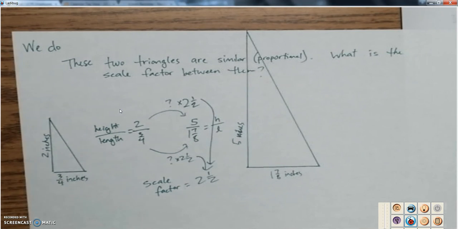All right. That's the basics of scale drawings. There's some more neat stuff that goes along with scale drawings that we'll look into tomorrow. But that's the basics. So hopefully that was no problem for you. If it was, please go back and watch these examples again. If it wasn't,